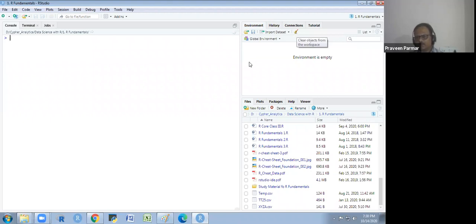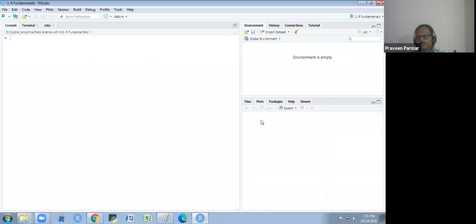So you could remove whatever object you have created, accessing the object here in the global environment, it will be removed. But don't delete anything from here. If you click it and you delete, it will be removed from your system. Okay, so don't make this mistake. If I click and I just delete, it will be removed from my system. So don't do this activity here.